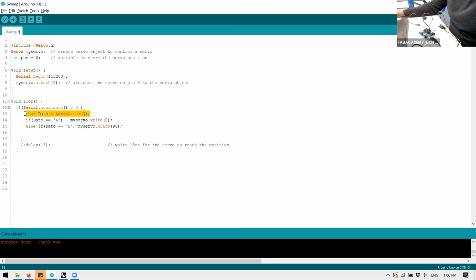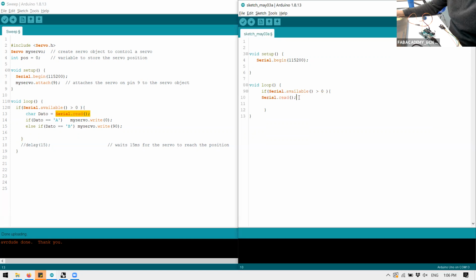Actually, when we want to transform it, we can read the serial. This is the component that is going to read the serial. We can transform it into a variable, integer, or not. Actually, what we can do is,